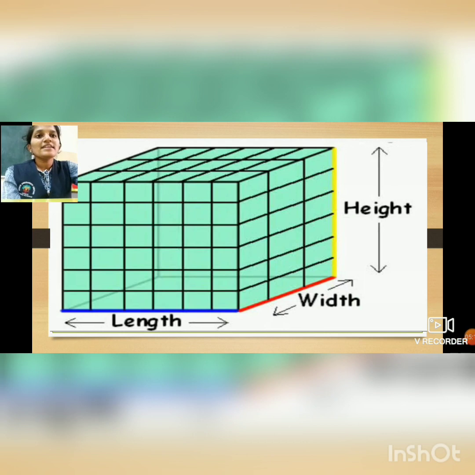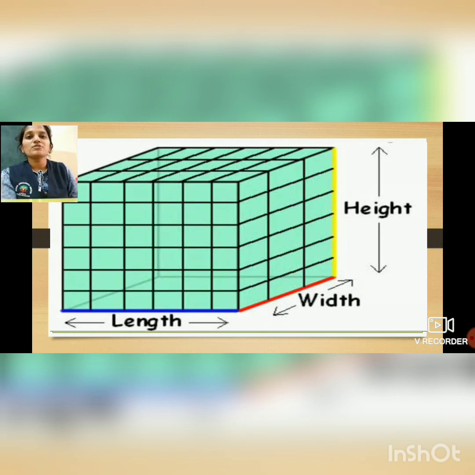As I told you, it has a weight and it has a volume, but students, do you know that it takes up space also, and the amount of space is measured by its volume. That means matter has space. The amount of space which is available in the matter is known as volume. The image which we can see on the screen is the image of volume.